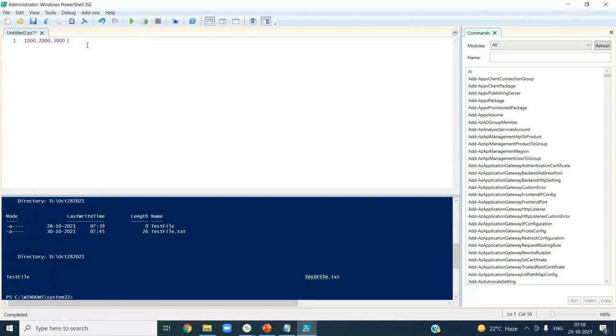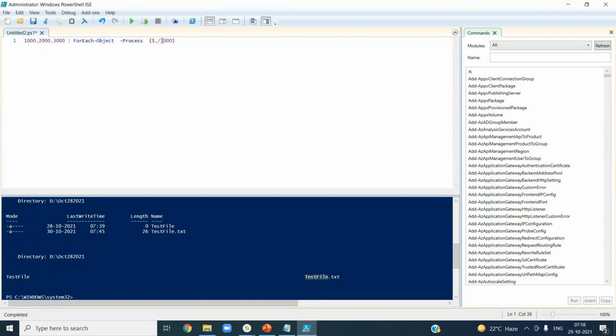How do I do it? I'm going to apply the ForEach-Object command on top of this data. What I'm saying is, for each of these values in this list, like 1000, 2000, 3000, divide by 1000 and give me the data.